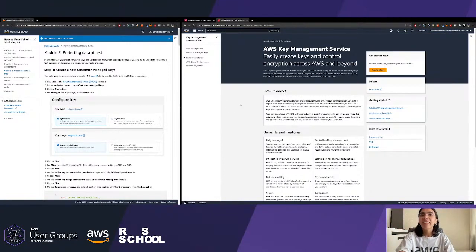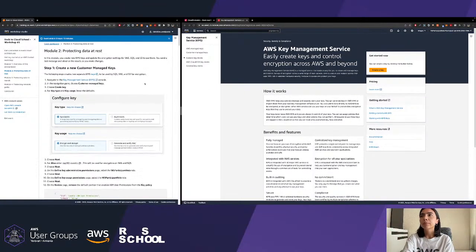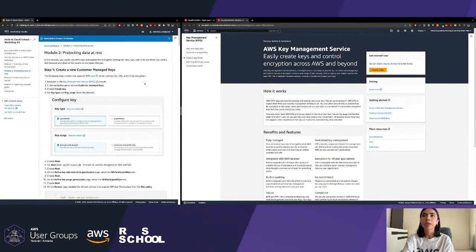The cool thing is that there is no human interaction possible with these HSMs, and they are also compliant with many standards like federal ones. So it provides high security in AWS. For this workshop, we want to use customer managed keys.